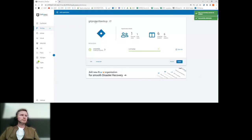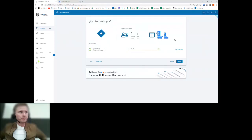So let me open my Jira. As you can see, as I said, again, I'm using some dump, so the content of my Jira doesn't really matter. I'm showing you only the steps that you need to take in order to protect your Jira. As you can see, I have only 6 projects. And once my Jira is